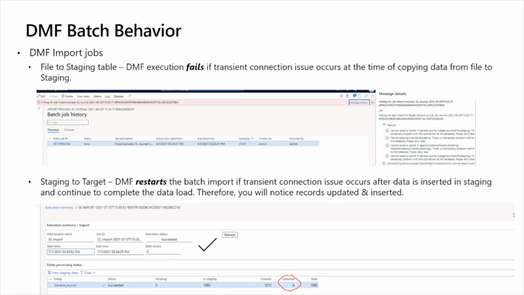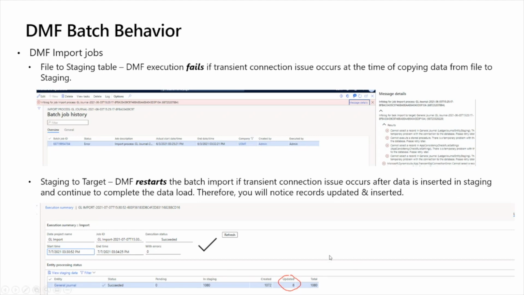However, if your staging is populated and the staging to target operation is going on, and you have a SQL transient failure at that stage, then the framework is ready to handle that scenario, and you will see it retrying and finishing your import.